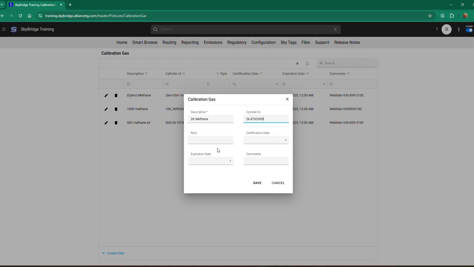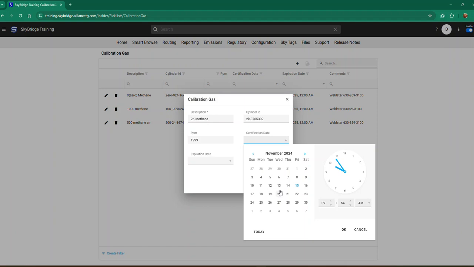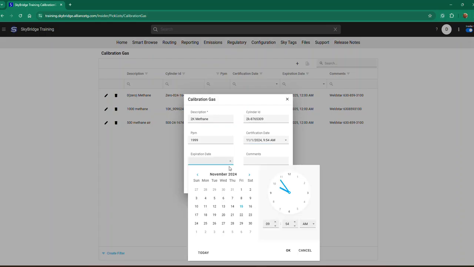Okay. And then the ppm reading, it's actually 199 on the paperwork. The certification date, that's going to be on the paperwork that you get. I'll just bring it out to the first. And you will have an expiration date as well. So just make sure you put that in there. And that's when you put this information in,